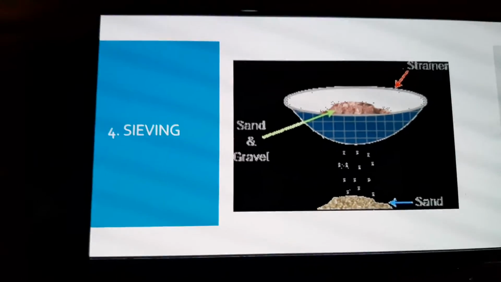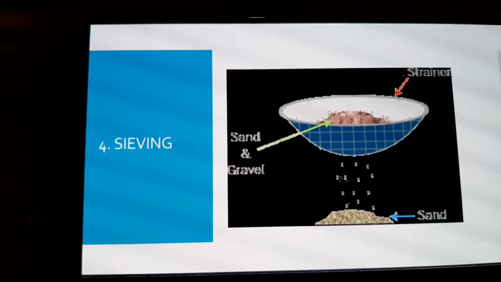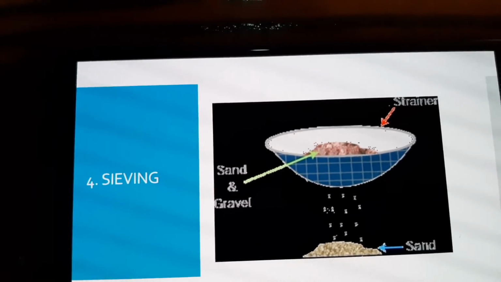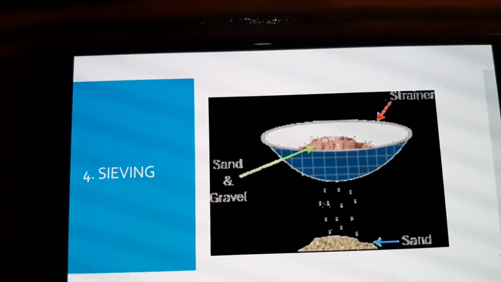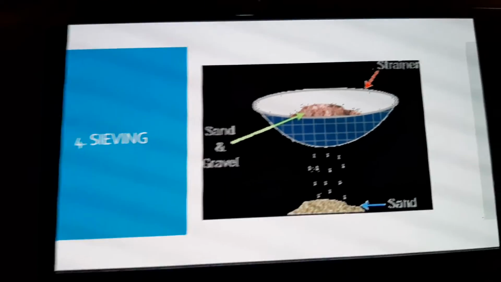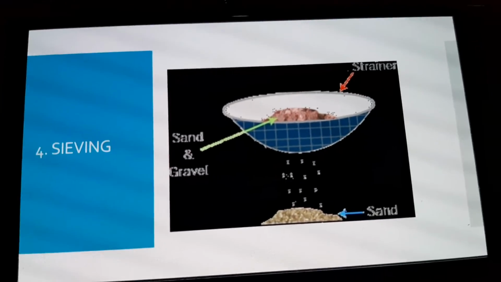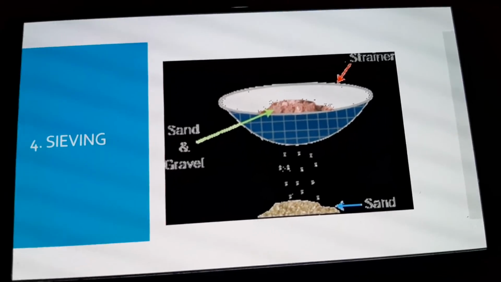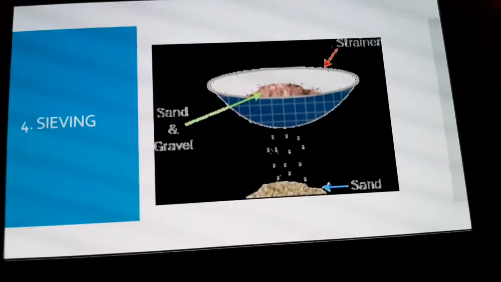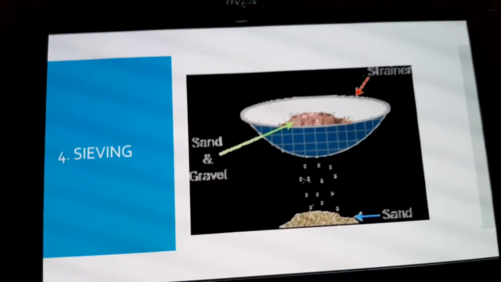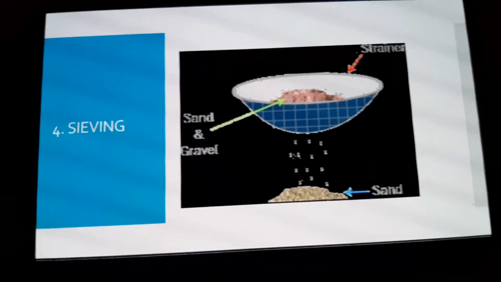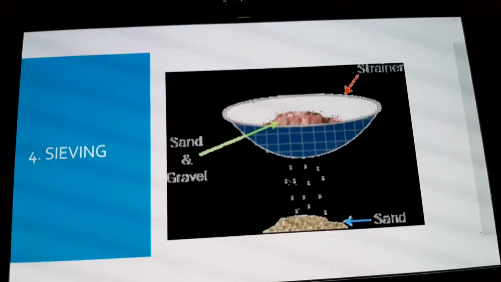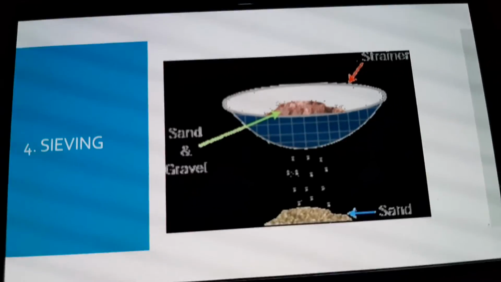The important thing to note is that the size of the holes of a sieve to be used depends on the size of the particle and material to be separated from the mixture. If the material to be separated is of moderate size, you can have a sieve of moderate to large size, and so on. Sieves with different sizes of holes are used for separating different substances, right? So this was the fourth method in separation of substances.